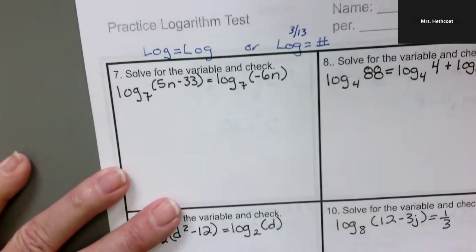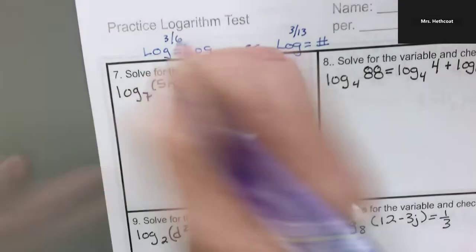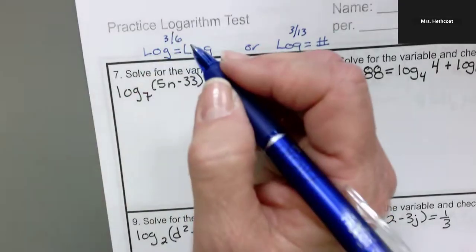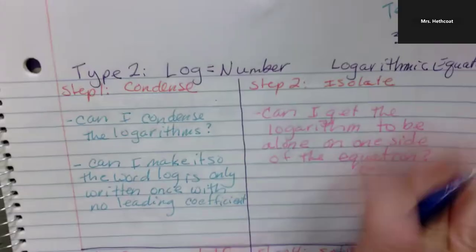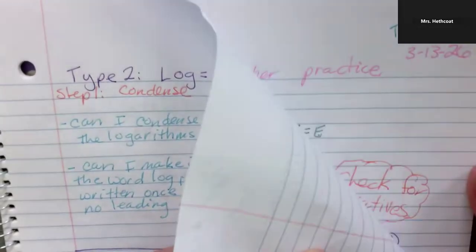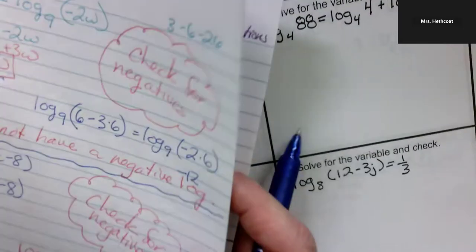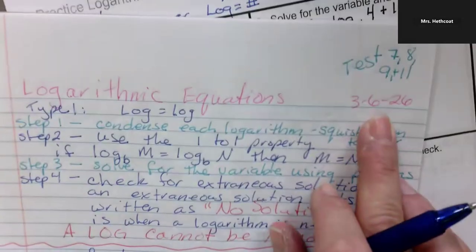And then log versus log, I think, was on March 6th. Sorry, now I'm going to stop and look to make sure, because these are the notes for log equals number. We took them on the 13th, and there were 2 pages of them. Okay? If I go back a few, yeah, they would be from March 6th, and it was the type 1